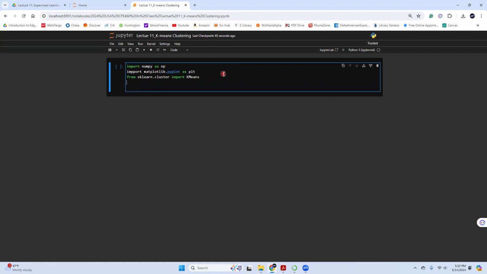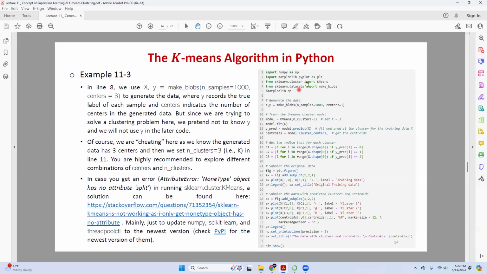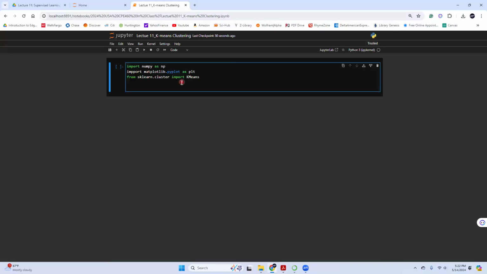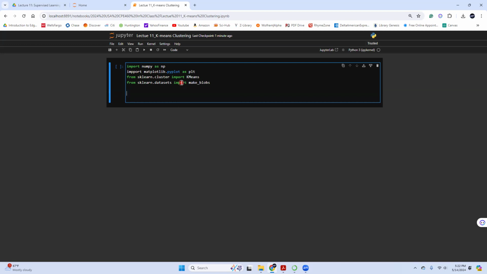And then I will make the blobs, from sklearn.datasets import make_blobs. Okay, now I have all these. Sorry, let me move my computer a little bit. Okay, so now I have all these things.